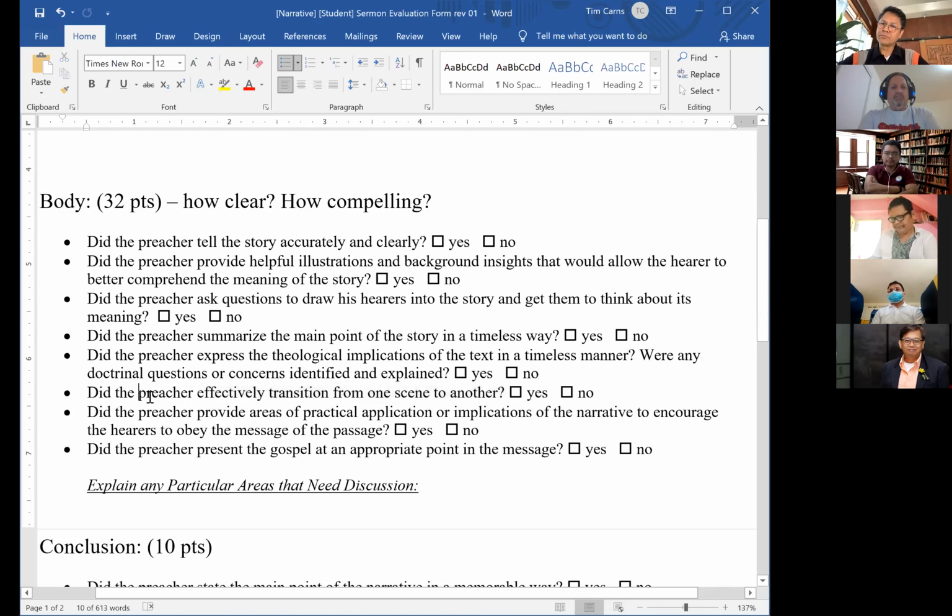And again, like I said, if you're telling a story, don't say, okay, the summary of scene number 1 is blah, blah, blah, blah. Now let's look to scene number 2. Don't do it that way. That's not storytelling. Did the preacher provide areas of practical application or implication of the narrative to encourage the hearers to obey? Okay, and again, a lot of that probably will be towards the end